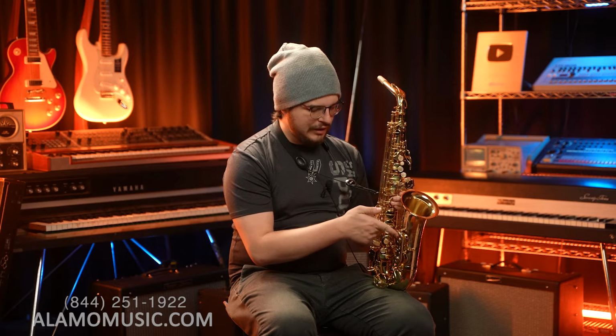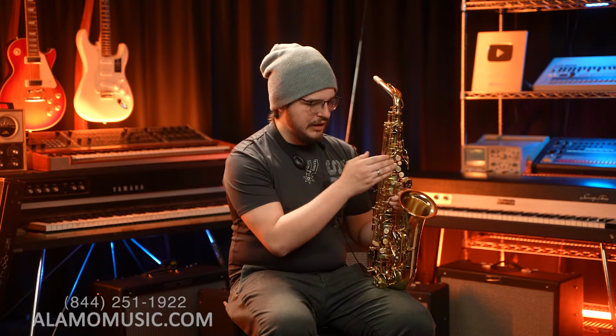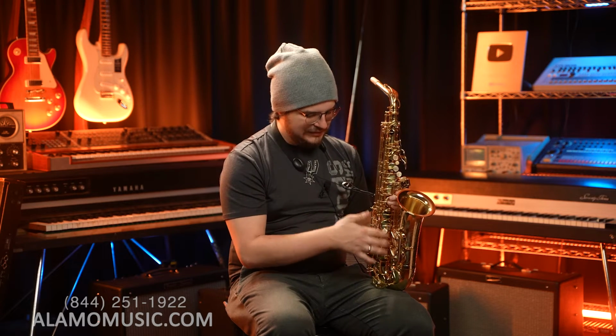It's only keeping down a lot of the lower keys and some of the higher ones as well, like your altissimo and everything. But a lot of stuff on the sides are left open. And so I will recommend, if the store you're buying this from or whoever you're getting this from brand new does not already do more like setups on the saxophone before selling it, I do recommend making room for that